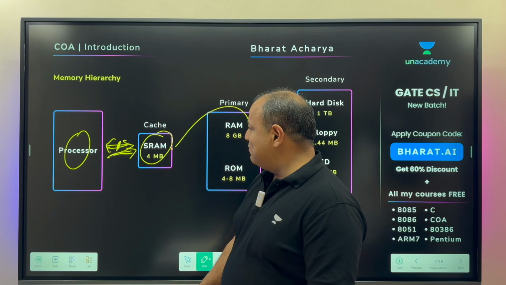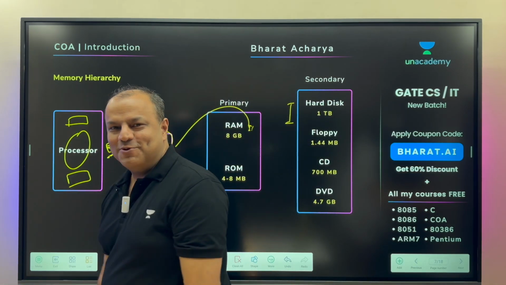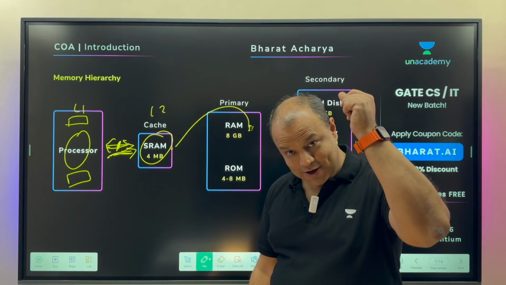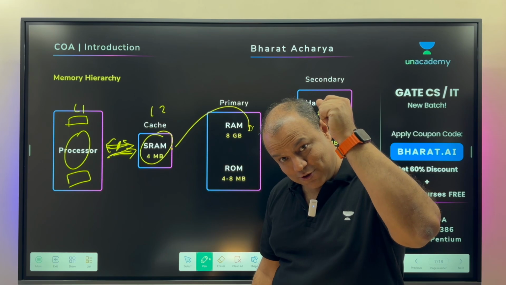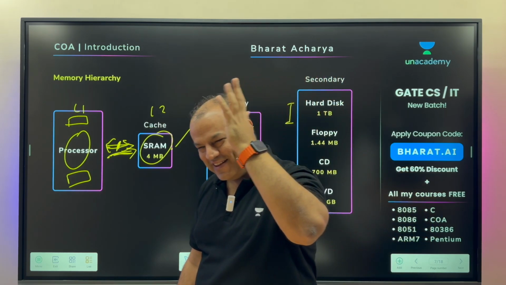To avoid that bottleneck, a portion of the cache was taken inside the processor, being called the L1 cache, and the rest got the name L2 cache. You learn all of this in CO. You have numericals on them. Are you clear? I'm not just giving you general knowledge. I'm laying the foundation for the subject that you're going to learn.